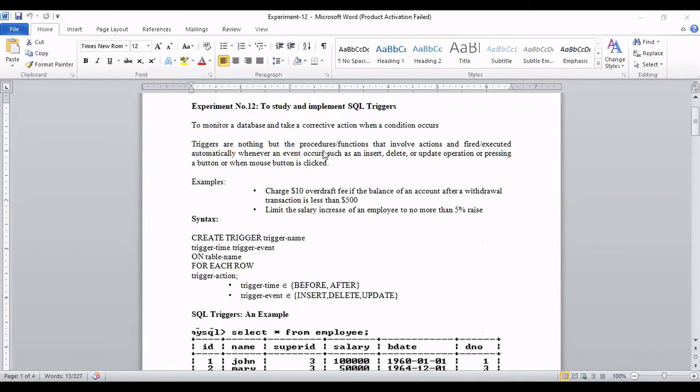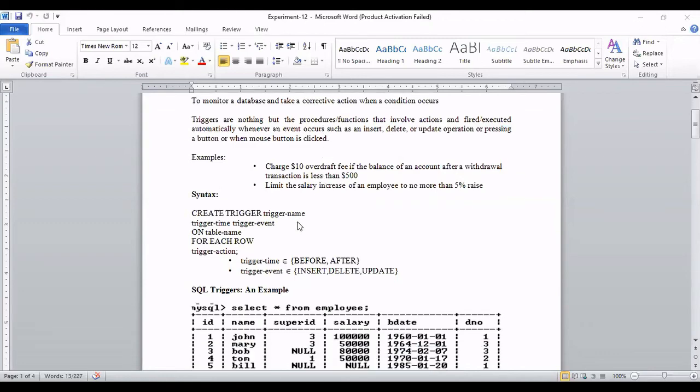But what about a trigger? We don't need to call that one, it will be called implicitly. I am adding a record in employee, then the salary will be updated in the second table, department salary. I am removing a record from the employee, then the salary will be updated in the department salary. I am updating the existing salary, then the salary will be updated automatically without calling any procedure or function. If a procedure or function is not getting called and still it is having an effect, then it is called a trigger. So you can see this is the syntax for a trigger.